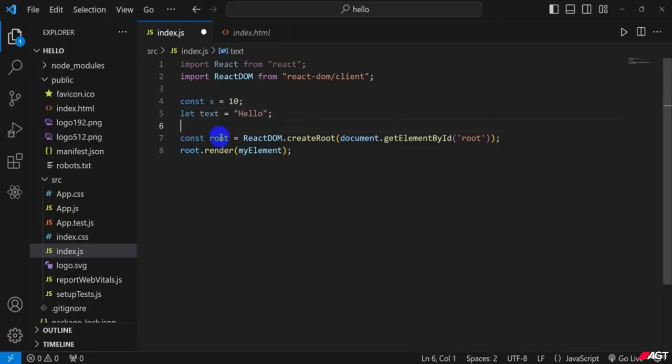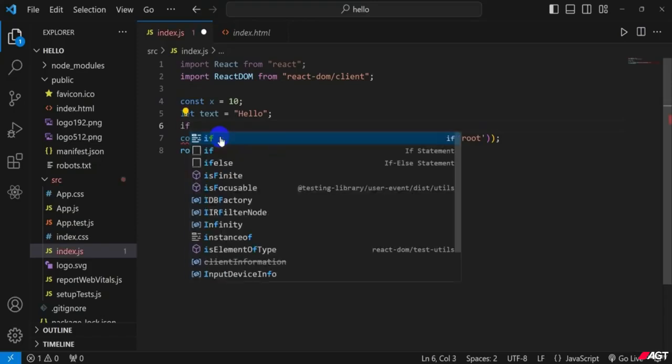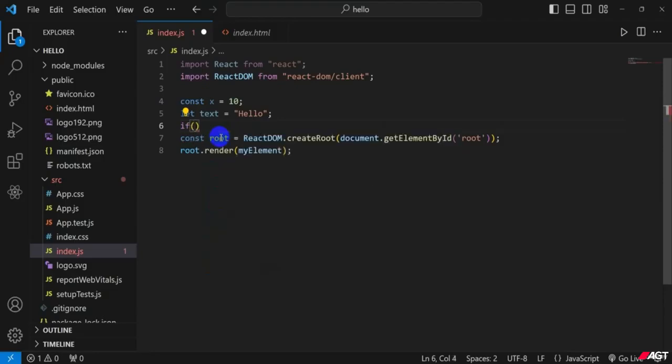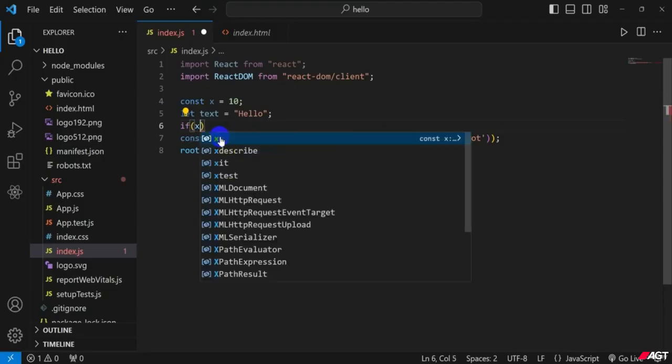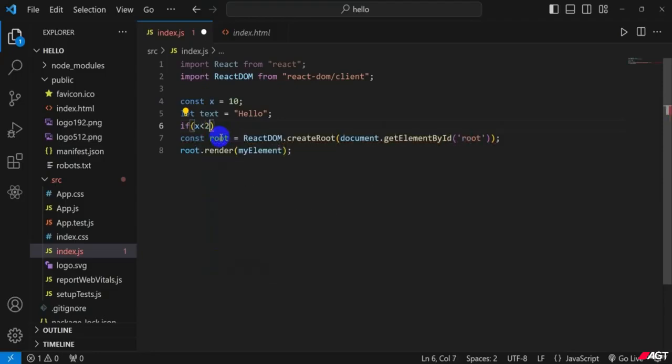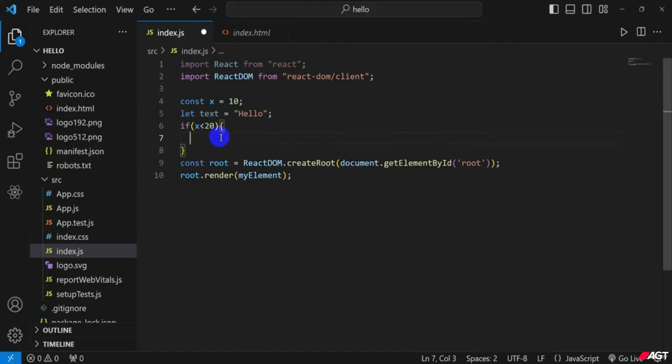Okay, and now I create the semicolon, and now I use the if statement. So first the condition is created: x is less than 20, and print the result for test